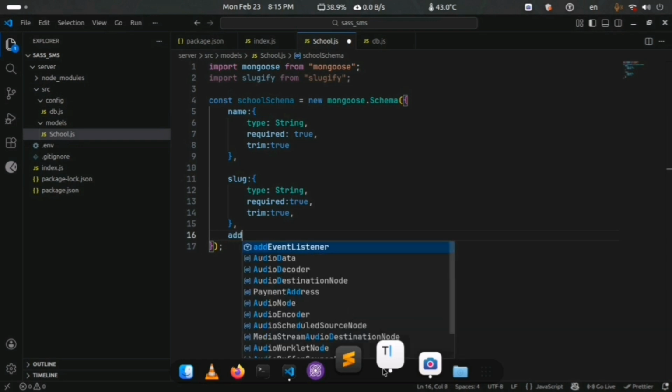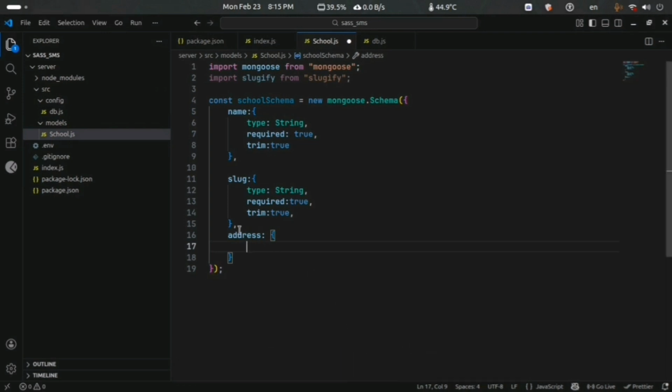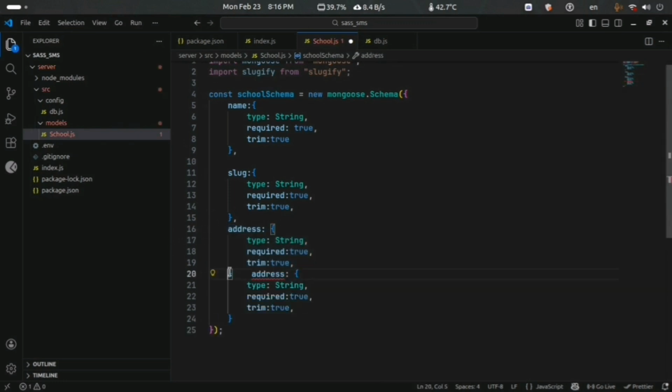Next, continue the schema fields. Next, address. So just copy this object and paste it. Now I need phone. So just copy this object and paste it. Just change the name from address to phone.